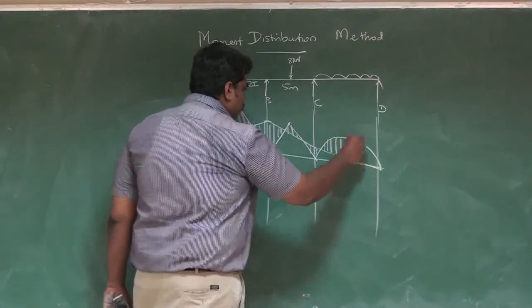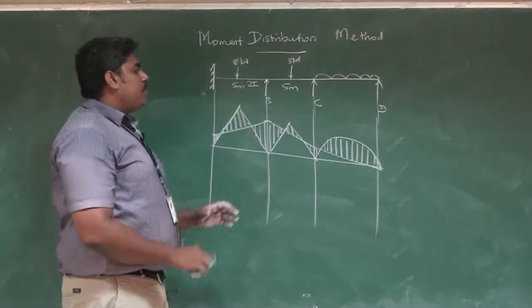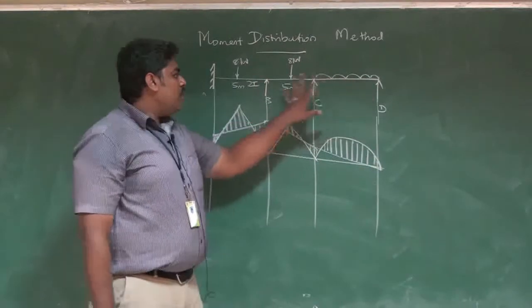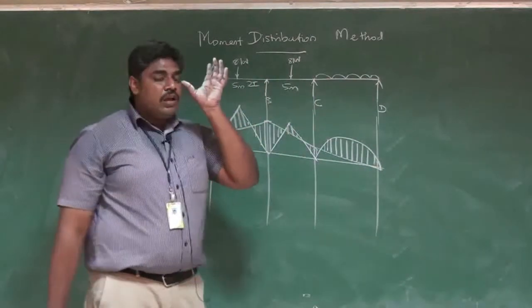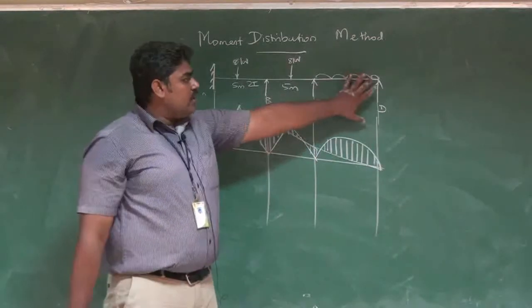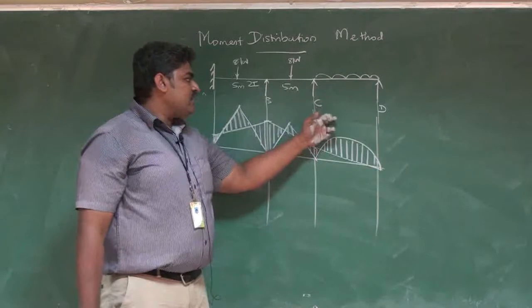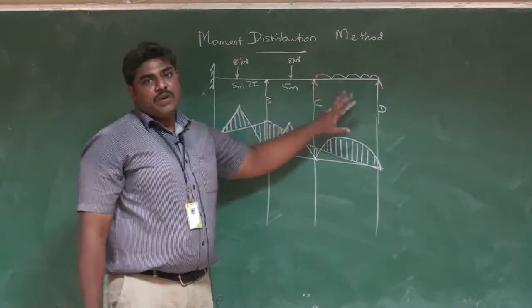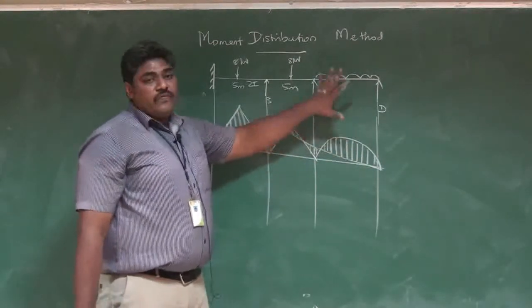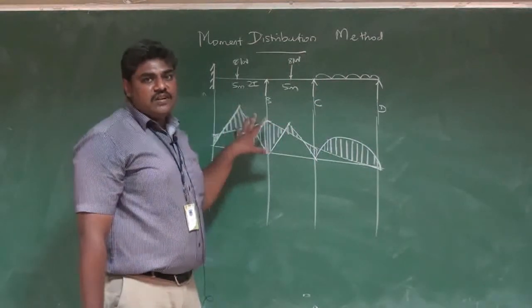So we have 4 steps in calculating this particular problem. In the first step itself, you have to look in the problem whether we have a simply supported end or not. If we have a simply supported end, you have to neutralize the fixed end moments which we have here. It has to be carried to the next joint, and then only we will start with the problem. Right? The problem will not start straight away by calculating the distribution factor and fixed end moments.